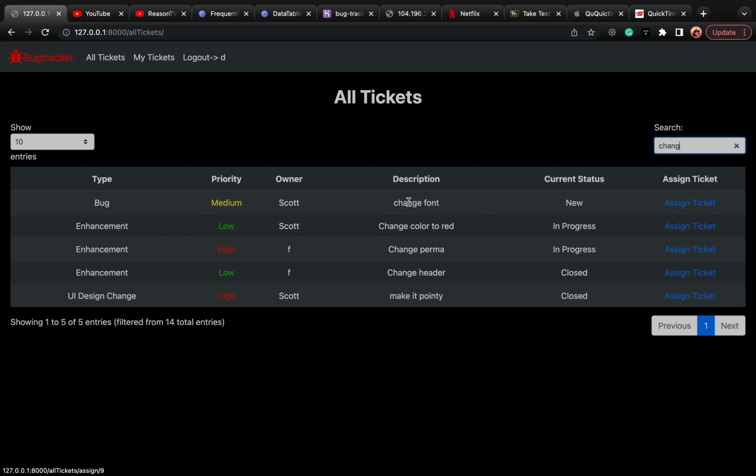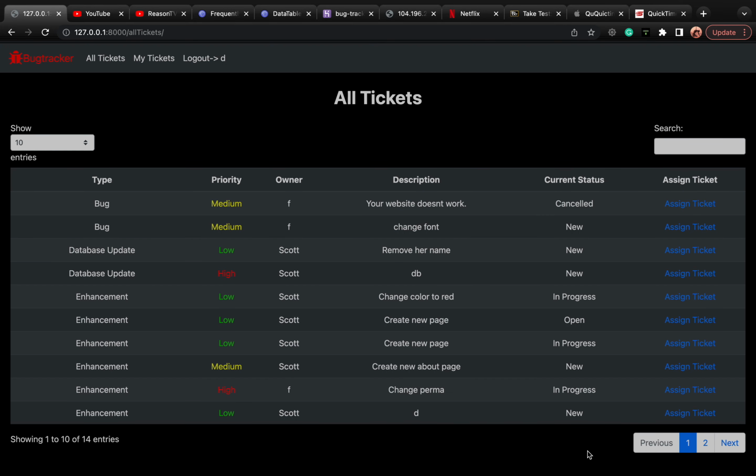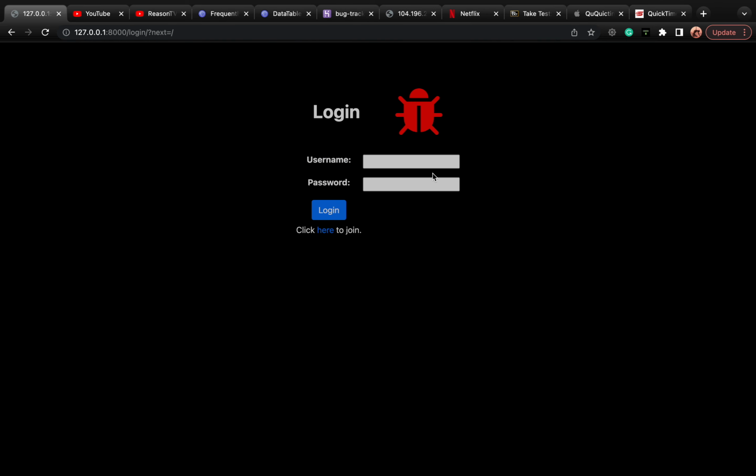so this is the ticket that was just raised by the client, change font. So once he finds it, he can assign the ticket to a developer, which we named F, and he updates it over here. And then once we log in as a developer,